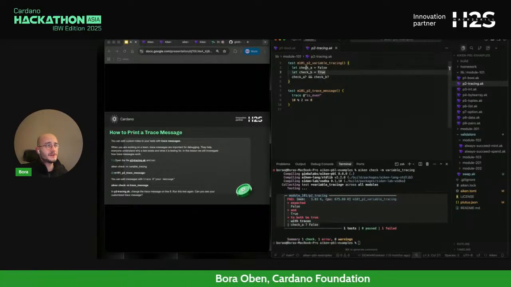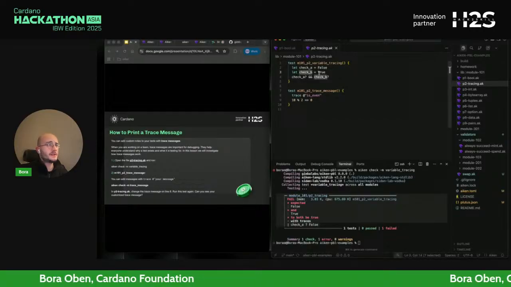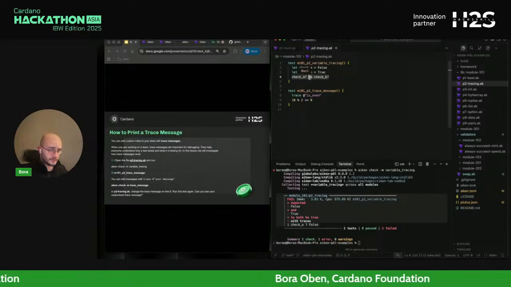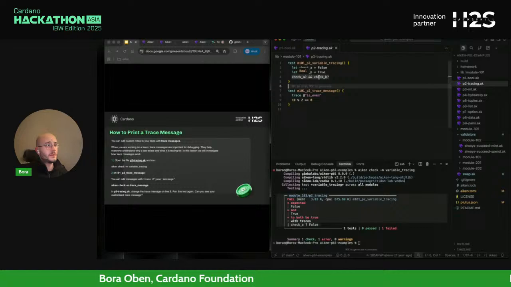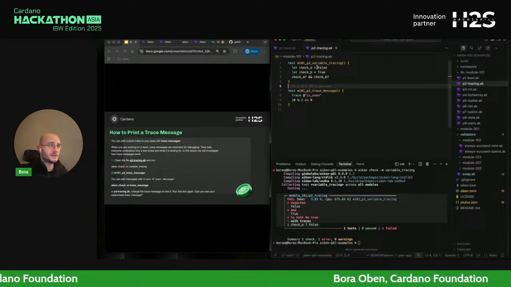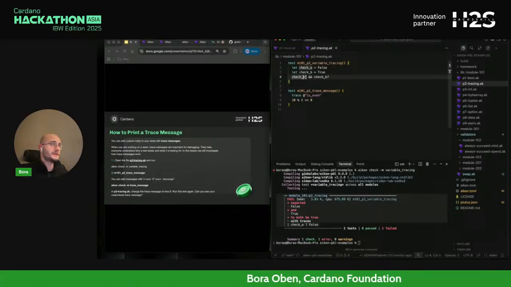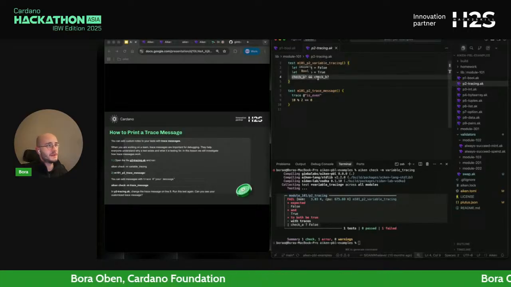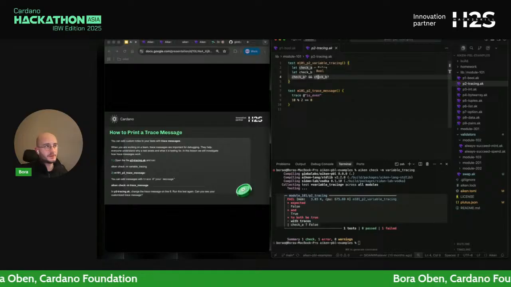So we are saying that check A is false, and check B is true, and this is the and operator. This would mean that both of these statements have to be true in order for this to be true. And here you can see that check A was false. So we are saying false and true, which wouldn't return true, right?